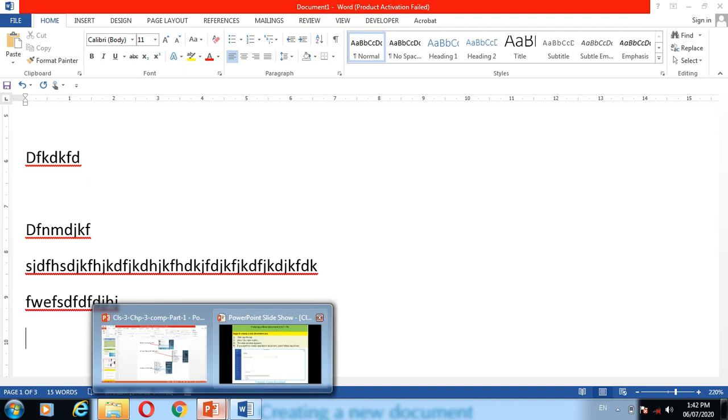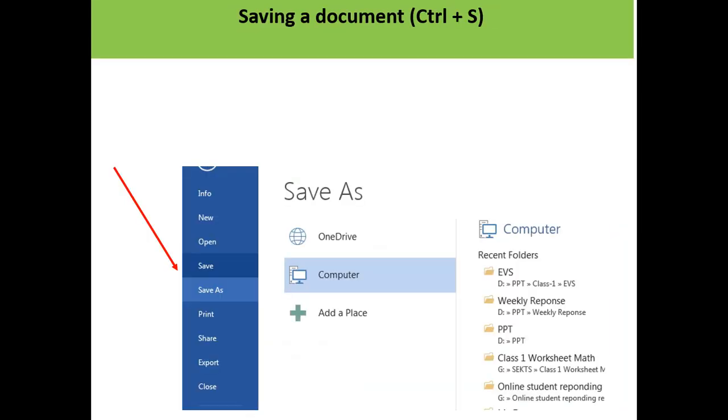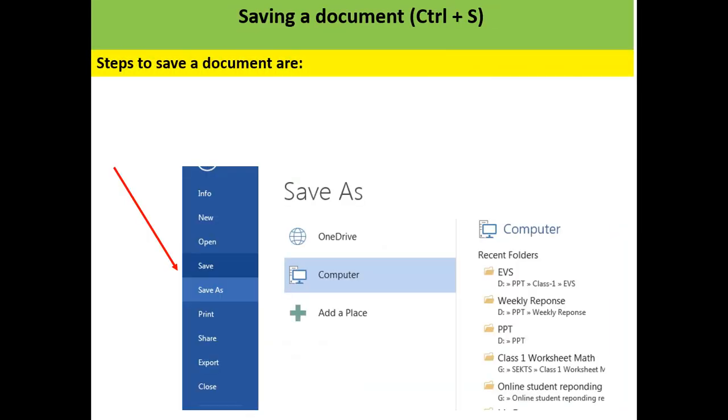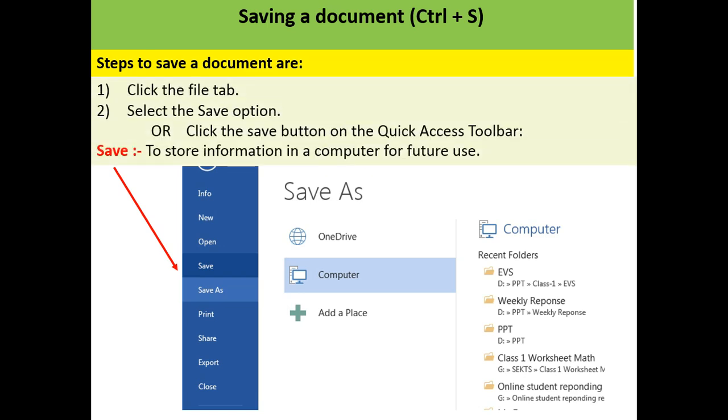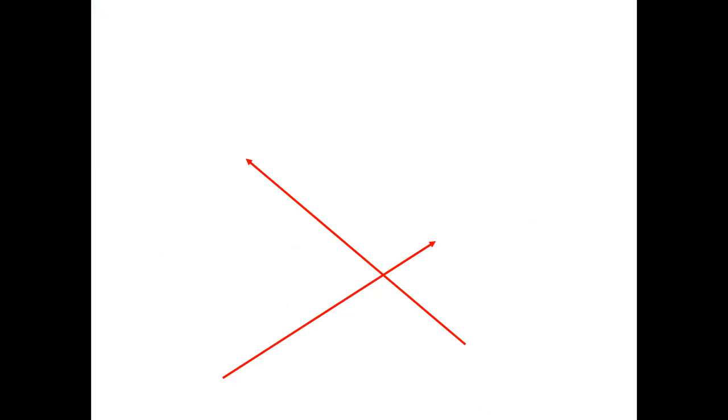Now the next point is saving a document. For saving a document there are 6 steps. First step, click the File tab and select the Save option. Click the File tab, select the Save option. The next is